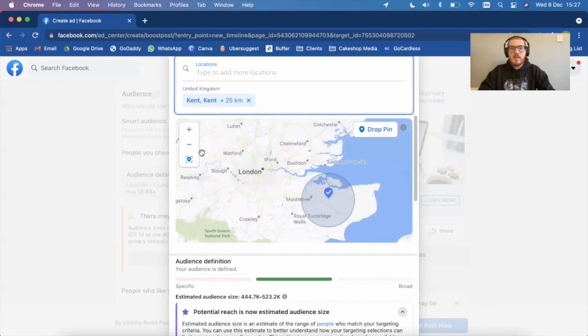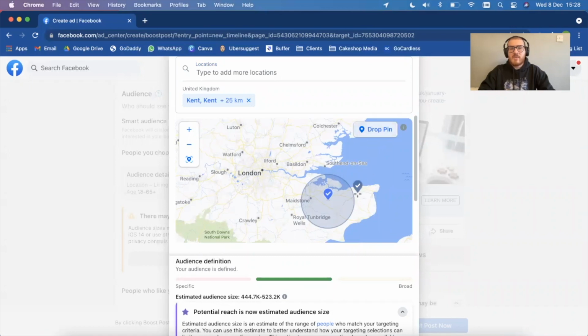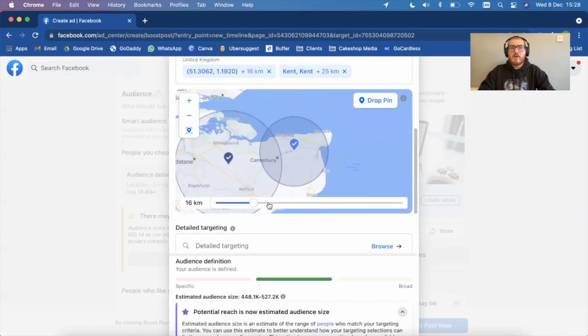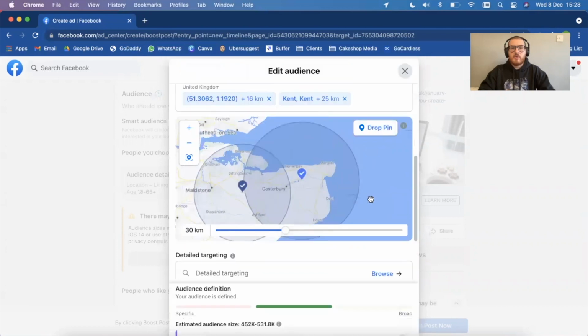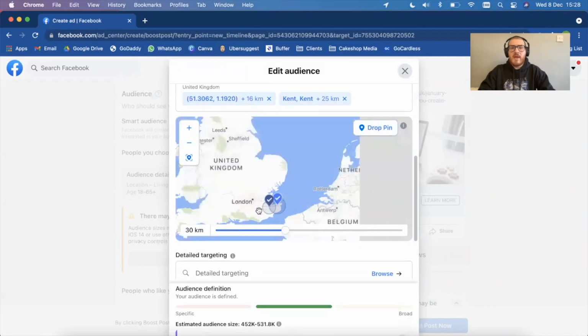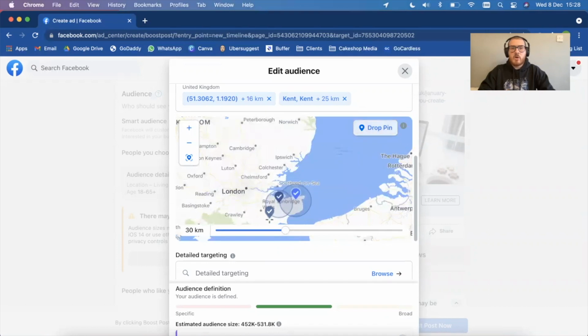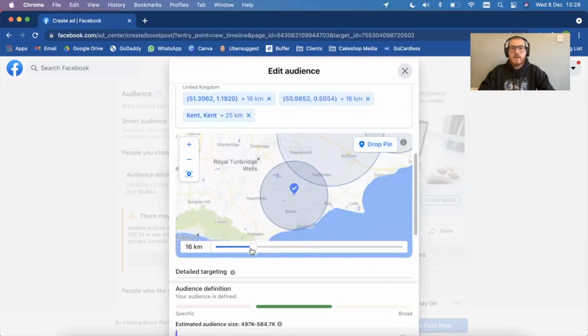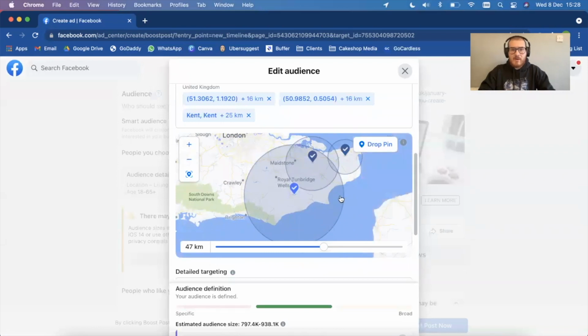So what we're going to do is we are going to change the location, or what's easier, you can actually drop the pin to stretch that radius. So if I drop it here, because that area is not being targeted, we now cover that area as well. And if we increase the radius, you will see that we are covering more of an area. If I drop the pin again to over here, and then increase it once again, probably somewhere like that, we are covering an even wider area.